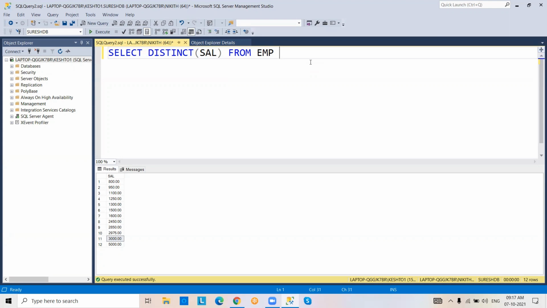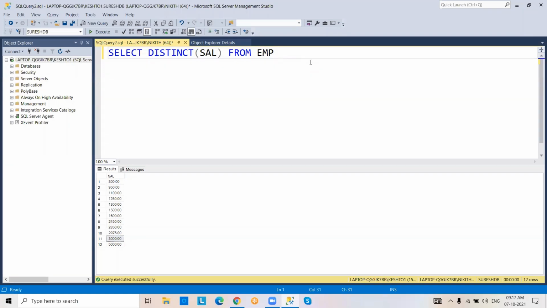In the same way, if you want to delete data from the table, you have to go to the delete command. But what command am I using now?